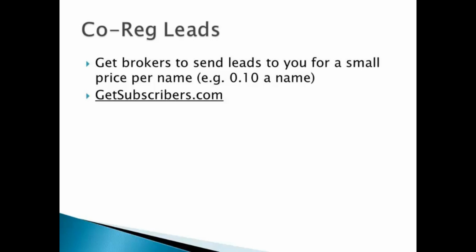When you use a GetResponse autoresponder, they have a related service called GetSubscribers.com, and it is like a GetResponse broker. They help acquire subscribers for you. The packages are in bulks, and you can get names for bulks of 100, 500, 1,000, or even 2,000. It's not recommended to get the 2,000 package because the problem with the 2,000 subscriber package is that it's going to take a long time for them to start sending the leads to you. Instead, buy bulks of 200 subscribers so that you can build your list much faster.